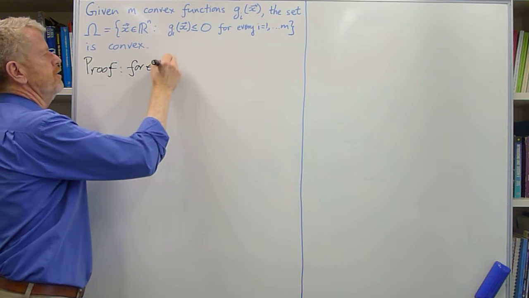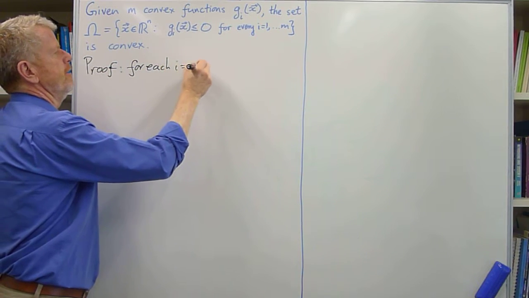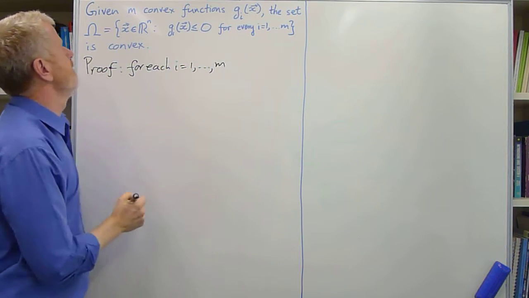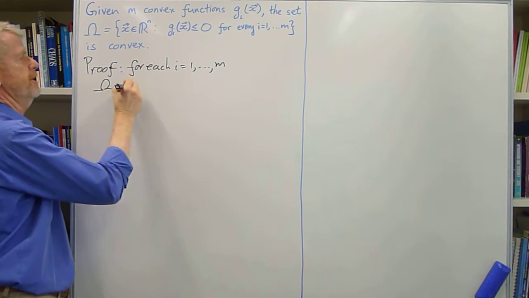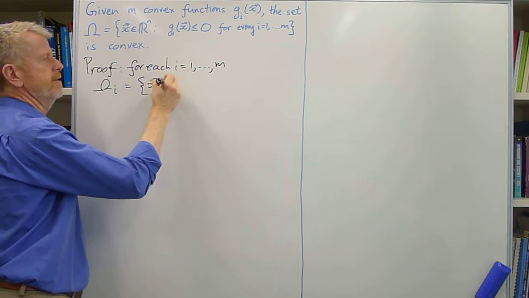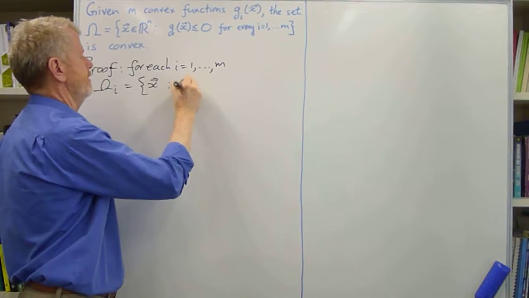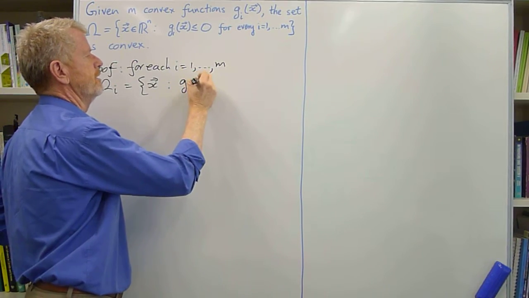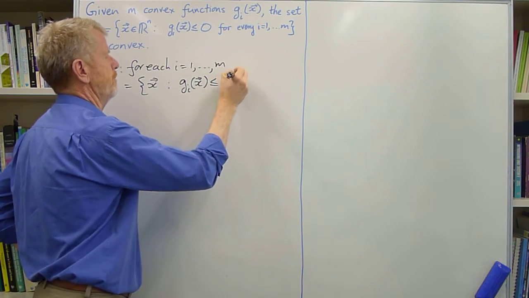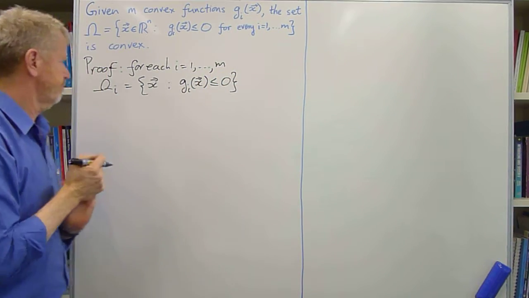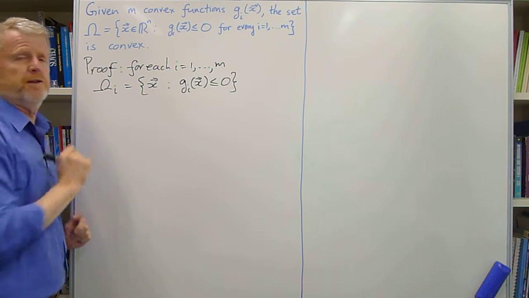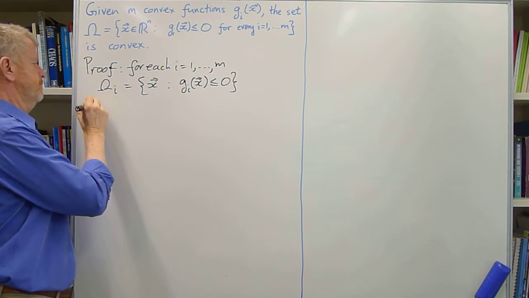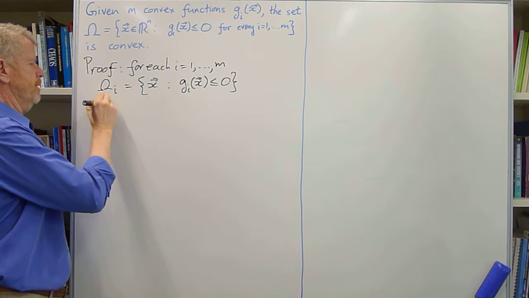Right, so for each i from 1 up to m, let's consider the set omega_i being the set of x such that the ith function is less than or equal to 0. And that's it. Alright, let's prove that's convex. How do we do that? Well, we